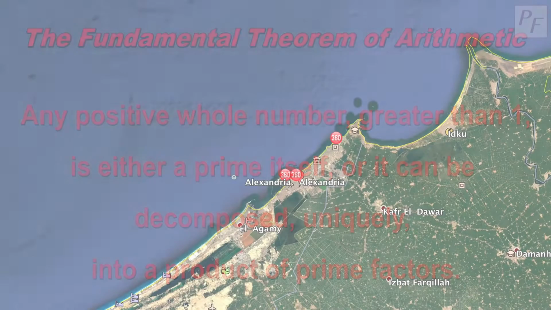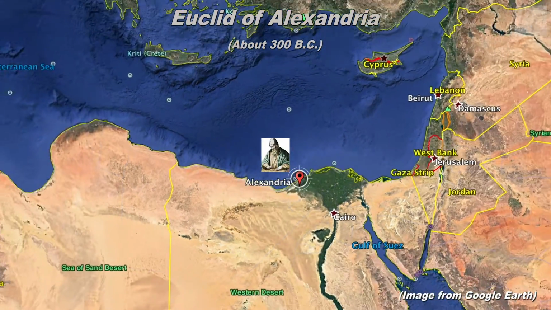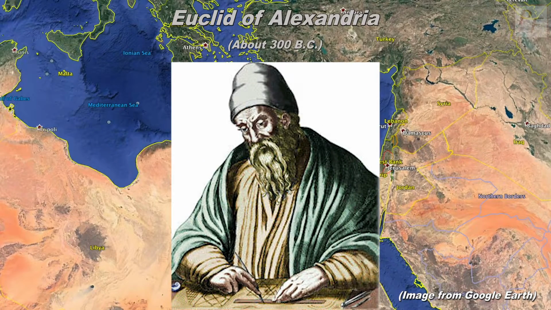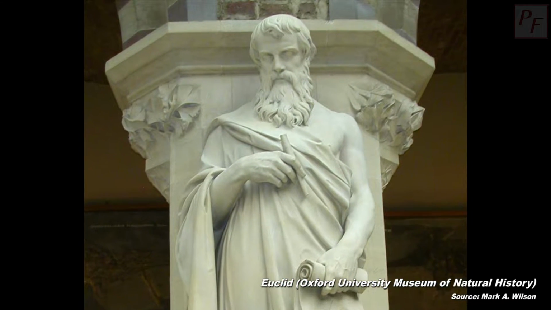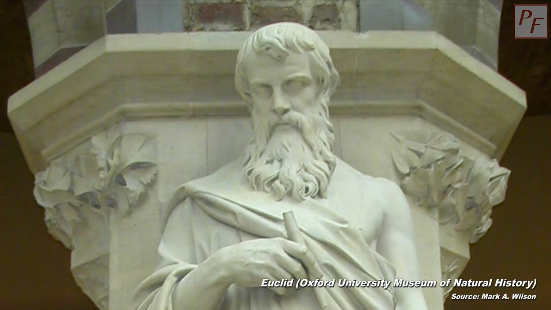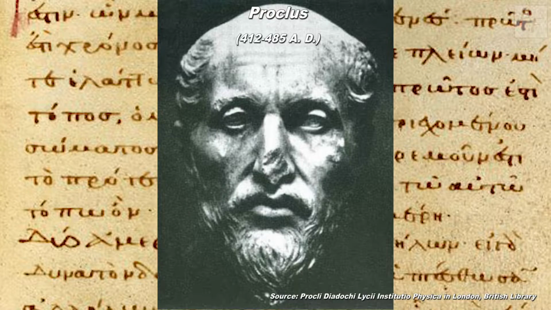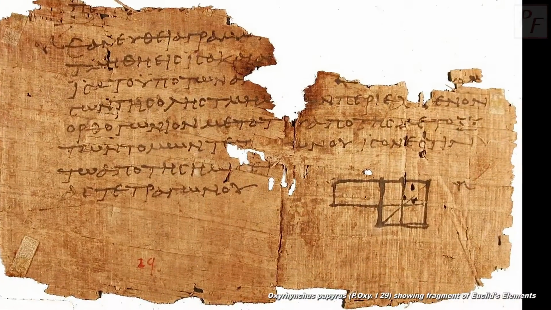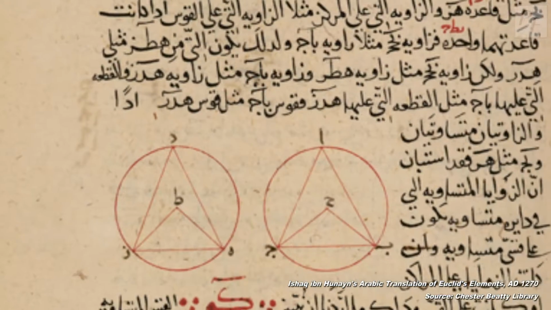product of prime factors. Euclid of Alexandria was a brilliant Greek mathematician, author of his best-known work, Elements. He lived during the reign of Ptolemy I, centered in the year 300 before Christ. We know very little about his life, basically because of what other biographers wrote much later, like the philosopher Proclus in the 5th century AD. However, his great work is well known, thanks to the translation that the Arabs made of the Greek, and which